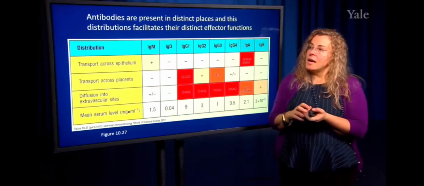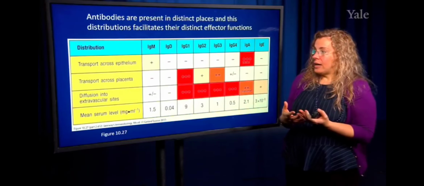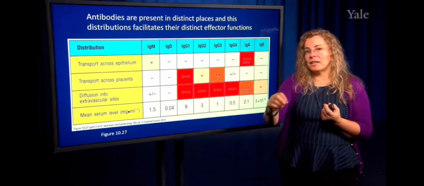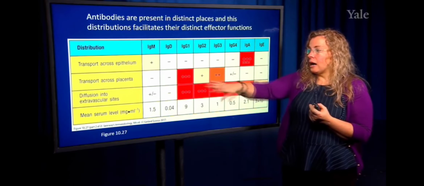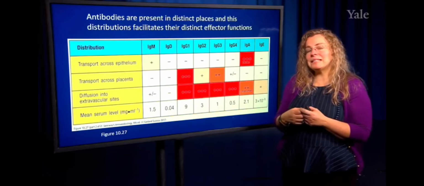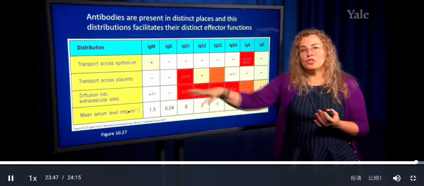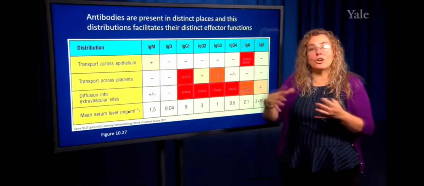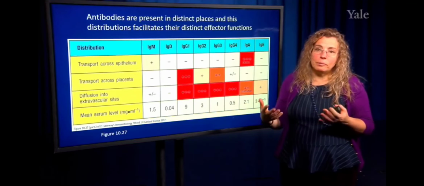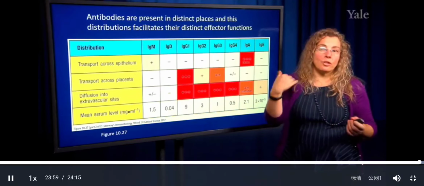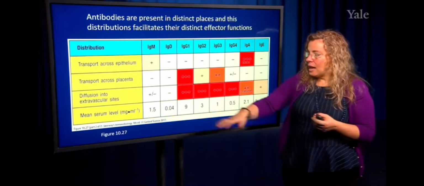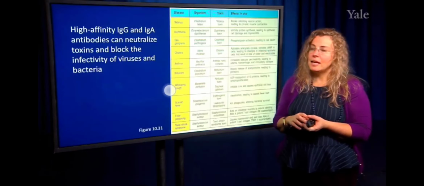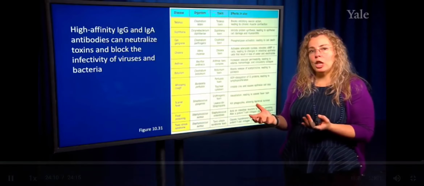Where are the antibodies found? Again, mostly IgA is what can cross epithelial layers, and that's how it can get into mucosal sites. A different subset of antibodies cross the placenta to get into a fetus. Almost all antibodies can move within tissues, so extravasate into all tissues. Of course, most of our infections aren't in the blood, so antibody needs to get either to the skin or to the lung or to a site of infection. And this just shows you the levels of antibody found in the serum. Here's a table just to give you an example of, and this is bacterial antigens,